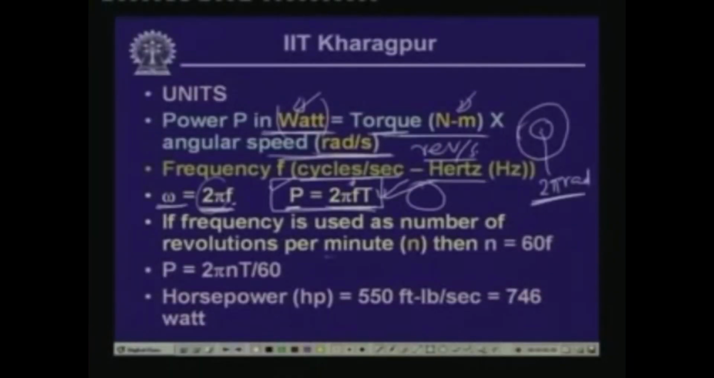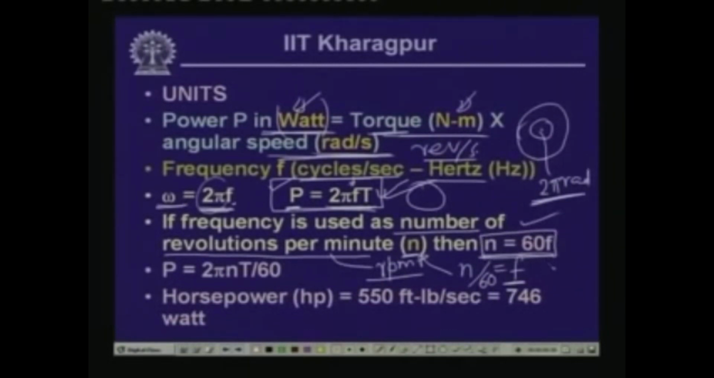Now, sometimes frequency is used as the number of revolutions per minute, and in short we call this RPM, the revolution per minute, and it is commonly designated with the notation N. Since it is revolution per minute, N by 60 equals f, which is cycles per second. So, N equals 60 times f, and if we substitute for f as N by 60, we can get the relationship between the power and the revolutions per minute, which is P equals twice pi N